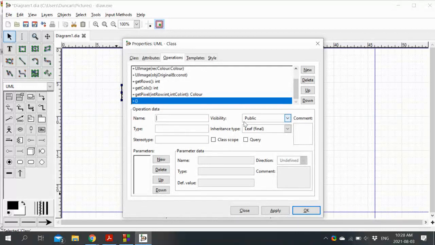And then set pixel, which is going to be void, take in a row, int, column, int, and a pixel or whatever we called it of type color.